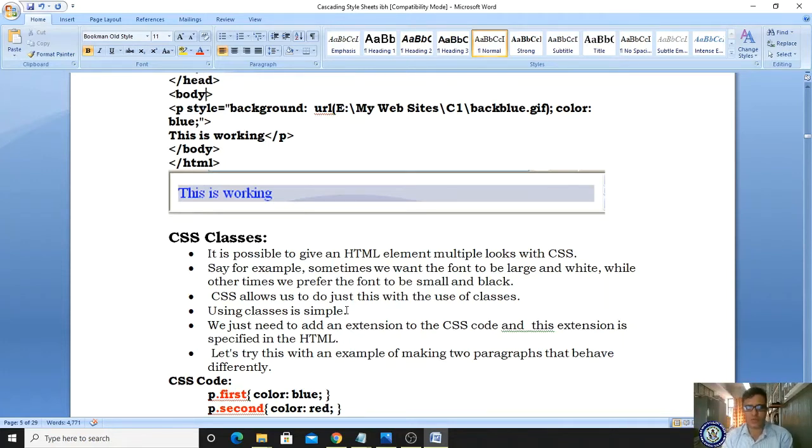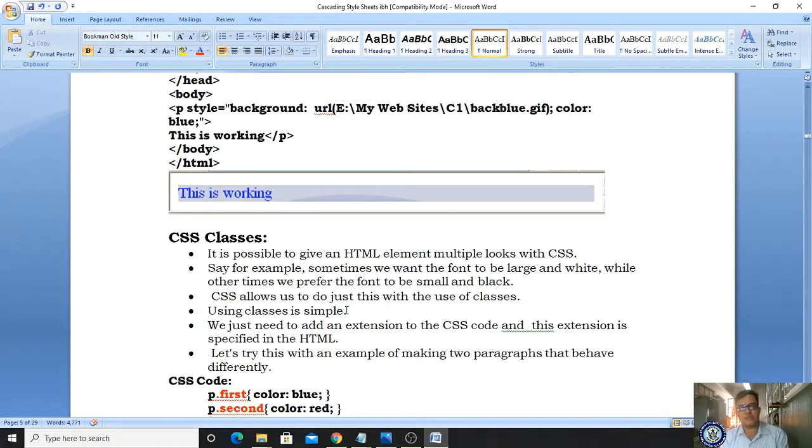So sometimes we require a large font with one color, and sometimes we want the same font to be small with a different color. If you want to give different colors and different sizes, you can give multiple looks to your HTML element by using CSS.